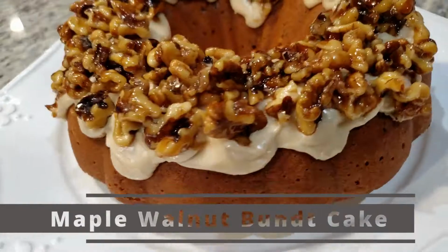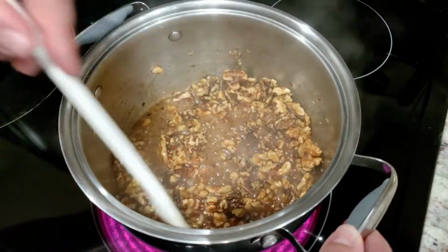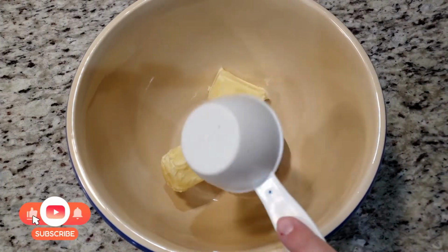Today we're making a maple walnut bundt cake, topped with homemade maple frosting and homemade candied maple walnuts. This dessert is super easy to make and tastes delicious. Let's get started. To a big bowl, we're going to start off with 3/4 cup of softened butter and 1/2